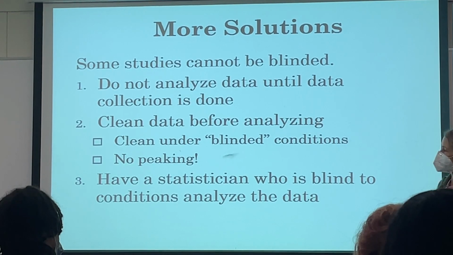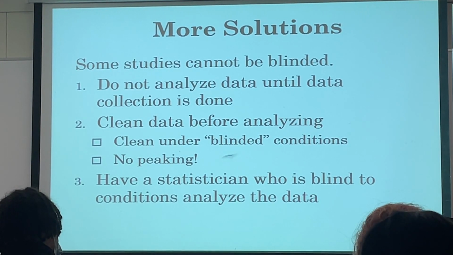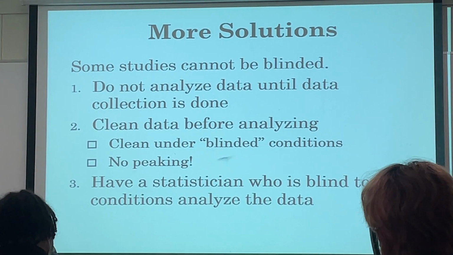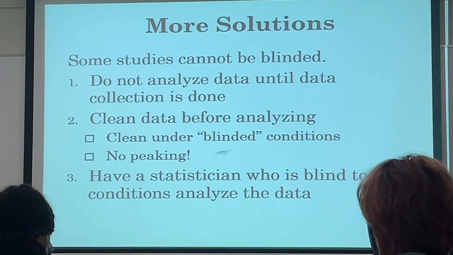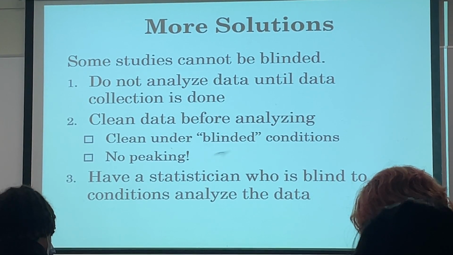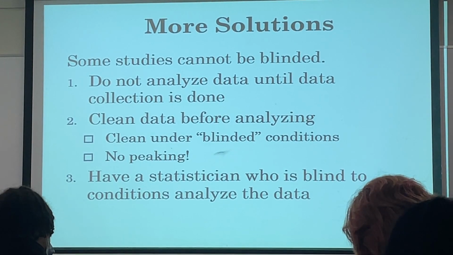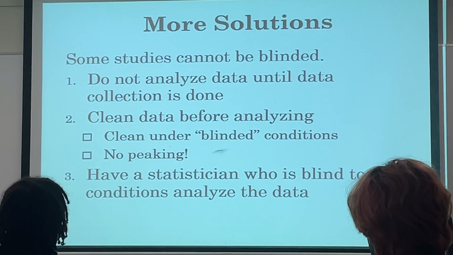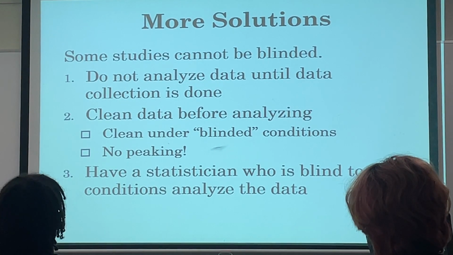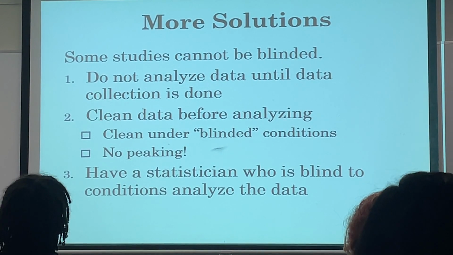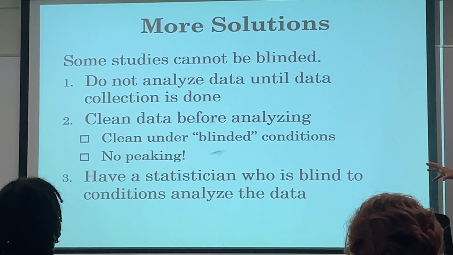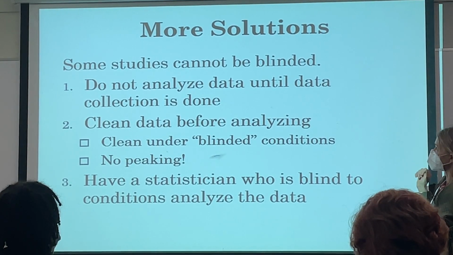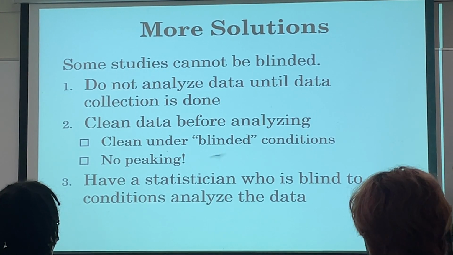Don't analyze the data until data collection is done. I'm mentioning these because a lot of people question science. I'm a psychologist, this is psychology. Starting around 2015, they did this huge project where they tried to replicate, that means repeat the same results, doing the same studies that have been done historically in psychology, those foundational studies, and a lot of them failed to replicate, okay? Part of it is because people were not good about following these things. So some ways to deal with experimenter bias: don't analyze the data till data collection is done. Clean the data before analyzing.